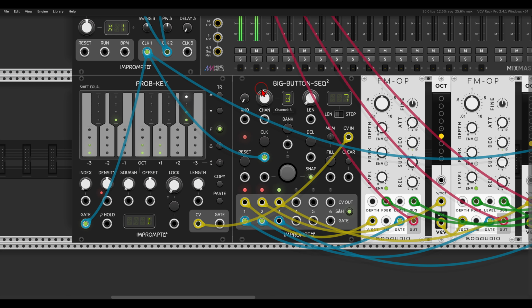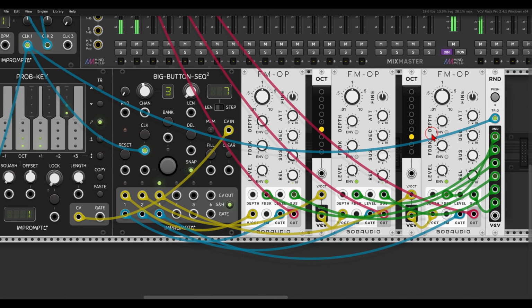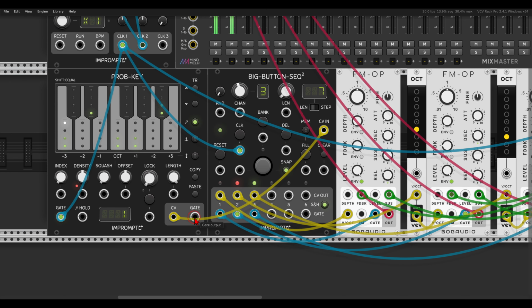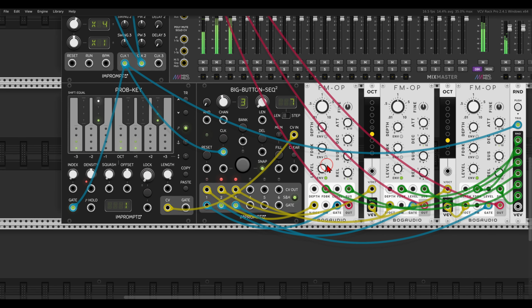Right, change this to channel 3. I have here another FM operator, and record another one. Right, so I have 3 sequences that were recorded from the Probably key. The Probably key will basically output random notes according to the scale we select here. So now I got a result coming totally from the Probably key, but it's being looped with a 7-step